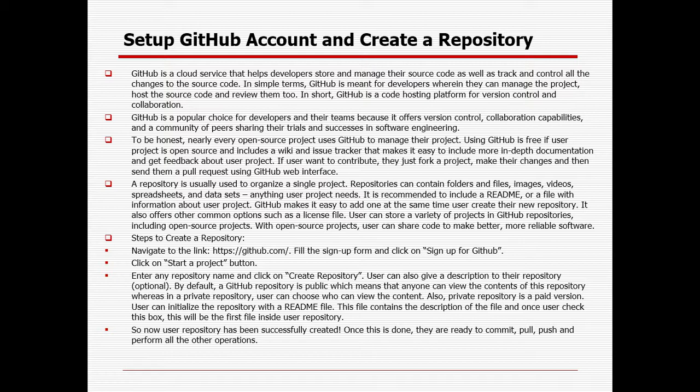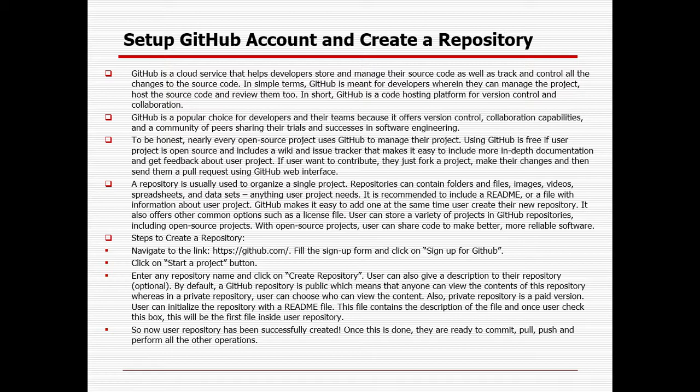Users can store a variety of projects in a GitHub repository, including open source projects. With an open source project, users can share code to make better, more reliable software. So a repository is a place where you will create a project, and in that project you can store any kind of file. It can be your Excel file, a normal file, a text file, a Word document, as well as your code.